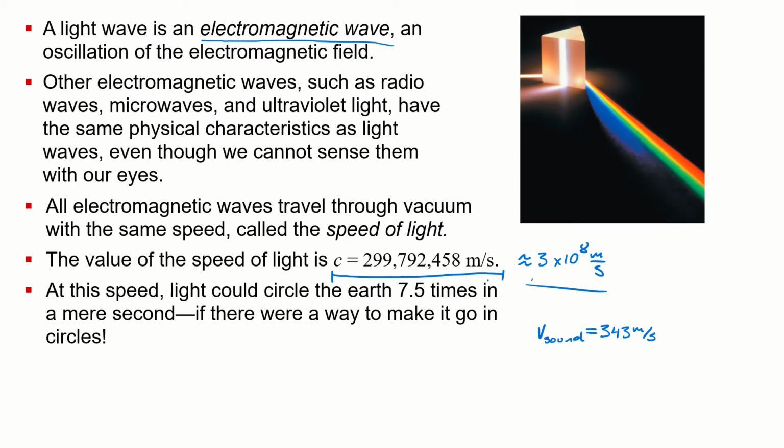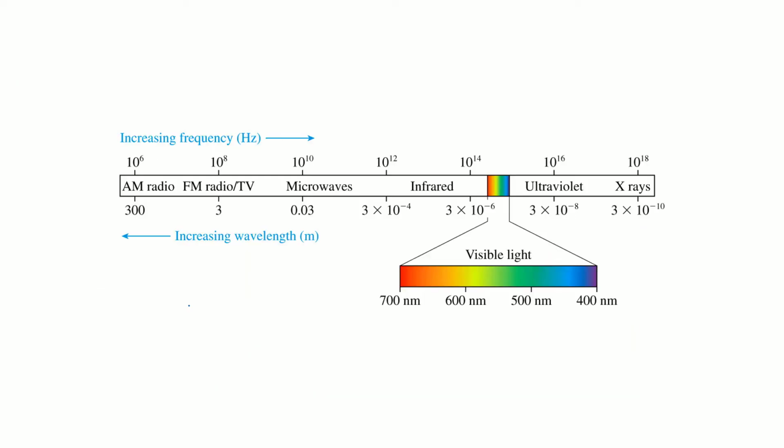And again, all the things that we've developed, the fact that the wave speed is equal to lambda times f, and the displacement is equal to A sine(kx minus omega t plus phi naught). This sort of description of waves we can apply to light waves and different types of electromagnetic waves. Much like with sound, though, just because we can't detect it with our bodies, with our eyes, does not mean that those types of waves don't exist.